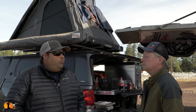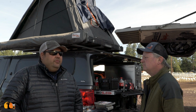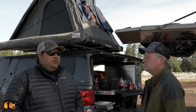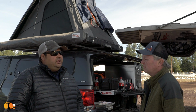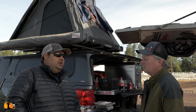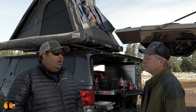And comfort? Comfort, I think, is probably an 8 out of 10 for me. I liked it because it's very warm, it's very dark. However, the mattress for me was hard. It's a foam mattress. I think when it gets cold especially, it gets very firm. So I added another pad inside, which still allows me to close the tent. It is a little tighter to close, but that pad inside for me made all the difference in the world,